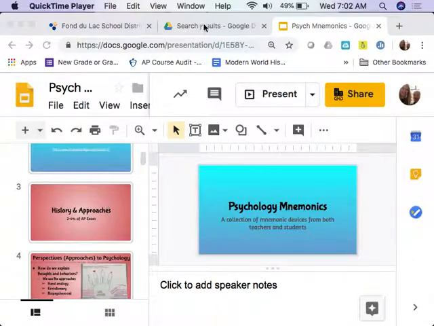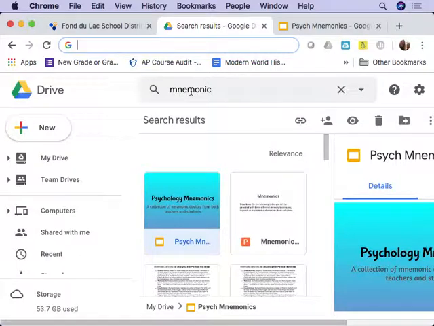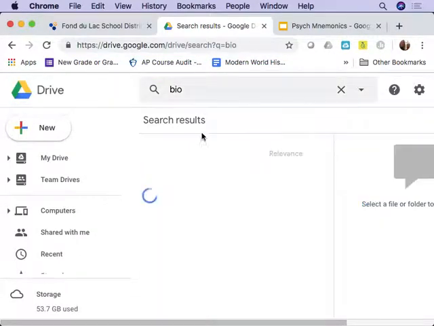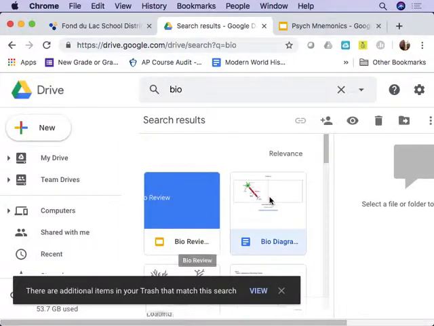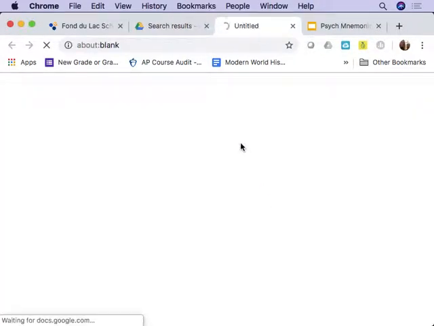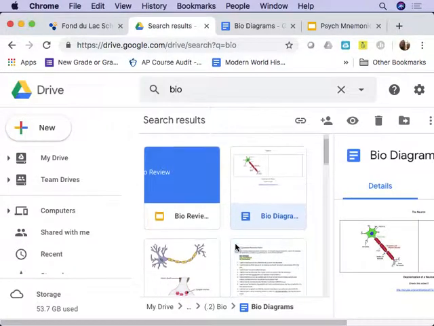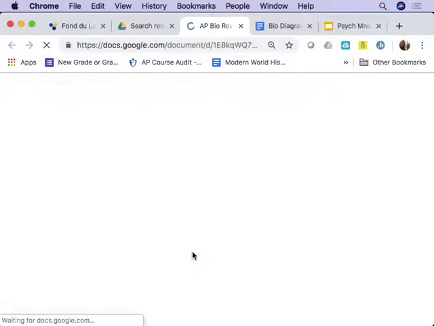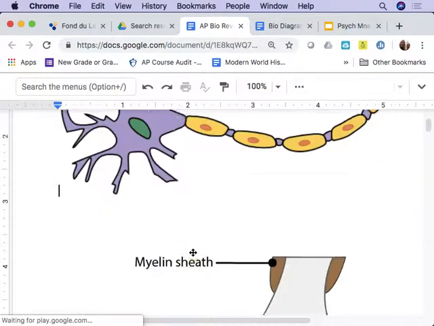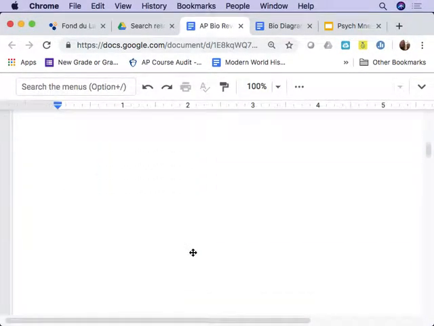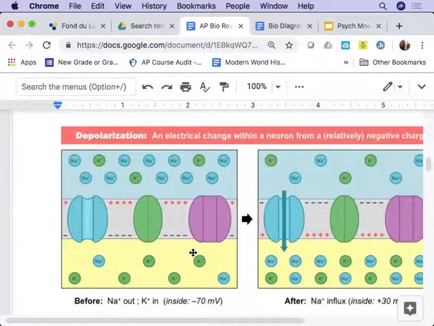So with the depolarization of a neuron, so if I go to bio diagrams. Okay, so for the bio diagrams, this might not be the right one. Okay, with the depolarization of a neuron, so one thing that we're looking at with the depolarization is that this